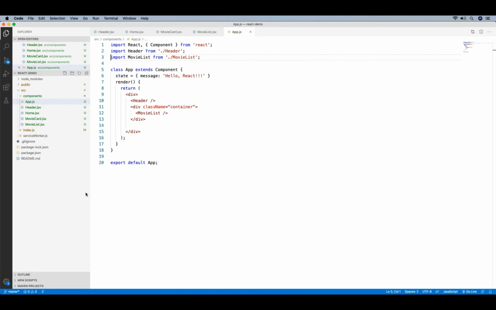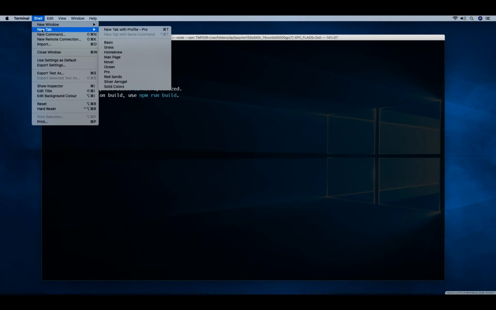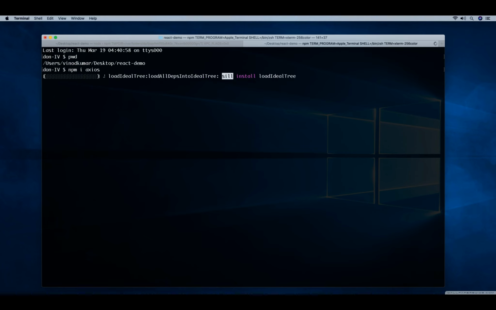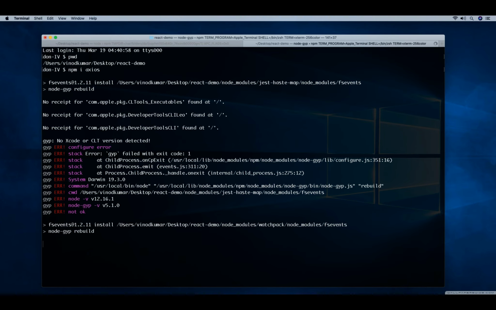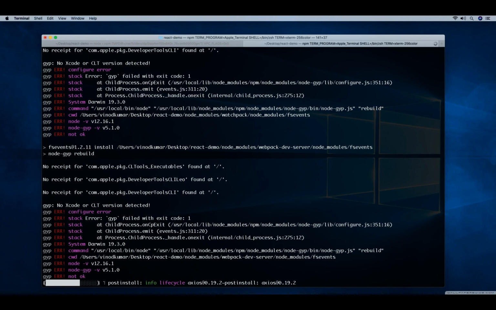So I'm going to go back to my command prompt and go to a new tab. And in the new tab, make sure that I'm in the right working directory, which is my React demo on desktop. I have to type npm i for install and then type Axios. And this is going to take a minute or less, and installs Axios dependency for our project that updates the package.json as well. You can ignore these errors because at the end of it, it's going to install in some